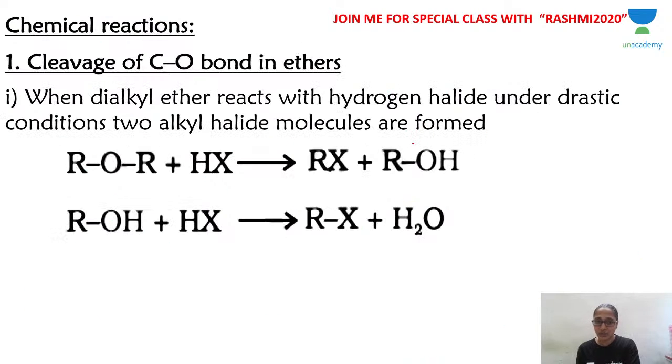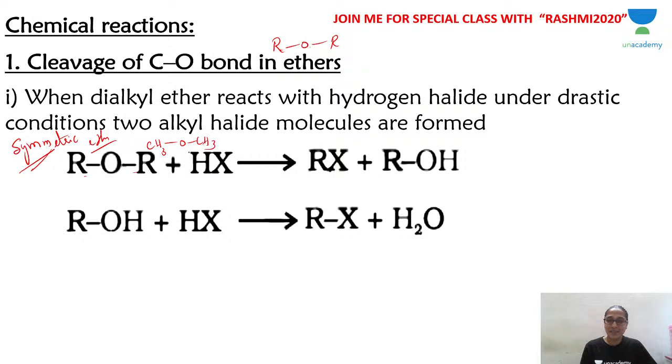I hope you understood. Now the preparations of ethers are over. Now the chemical reactions of ethers, where you know ethers are ROR, involve breaking the carbon oxygen bond. How is the carbon oxygen bond broken? In the case of symmetric ethers, see, this is a symmetric ether, is it not? Both are R's, like CH3OCH3. Symmetric ethers. Okay, let me write it there.